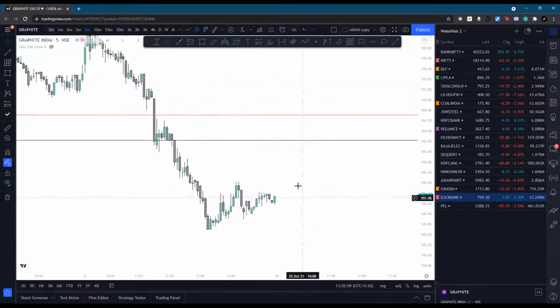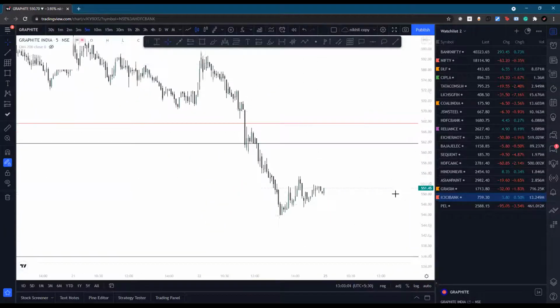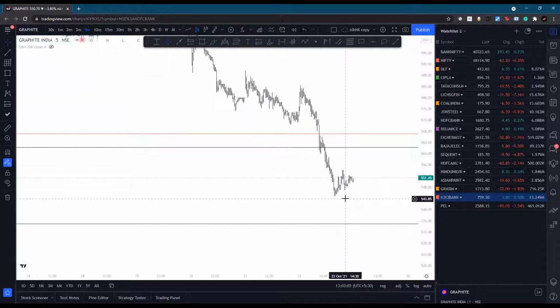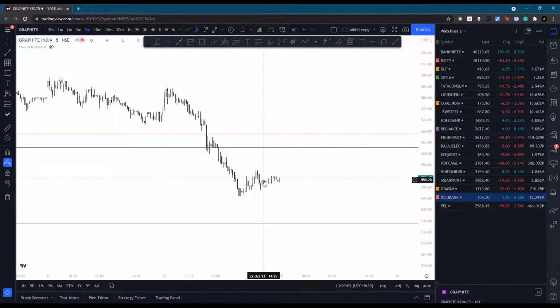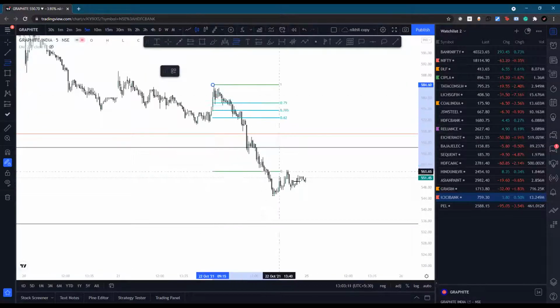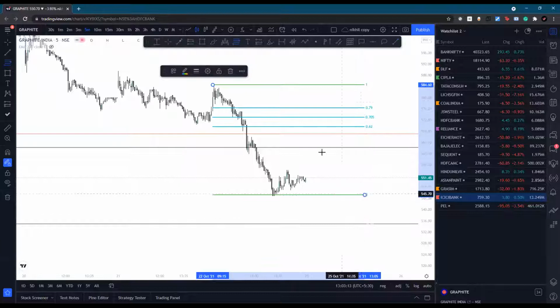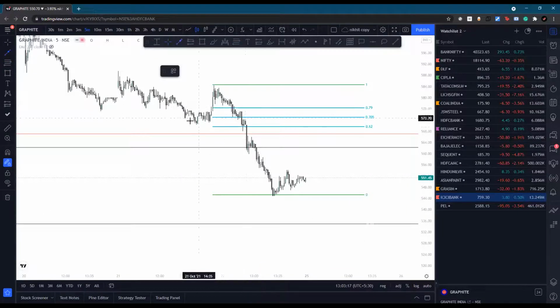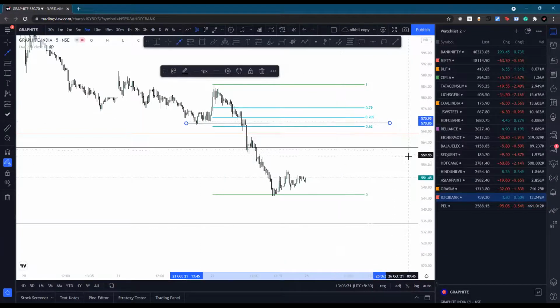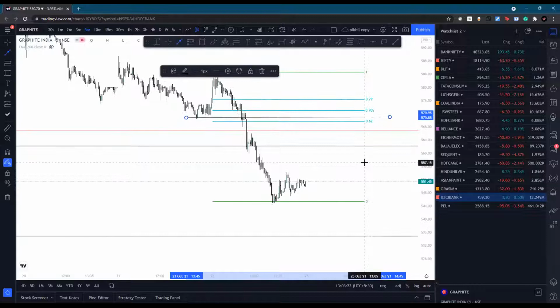Slowly and steadily it is going towards the upside. But I can't place a target here, so I will use a reverse sweep. Use a reverse sweep for our target. So mostly if you are taking long entries, I will take an exit at 570. So basically avoid this particular time frame. Gujarat Gas.